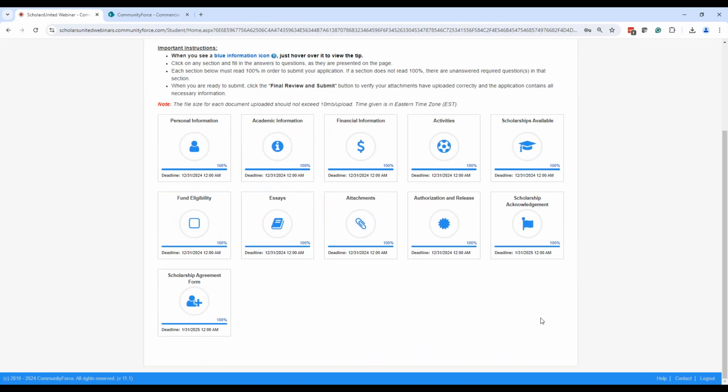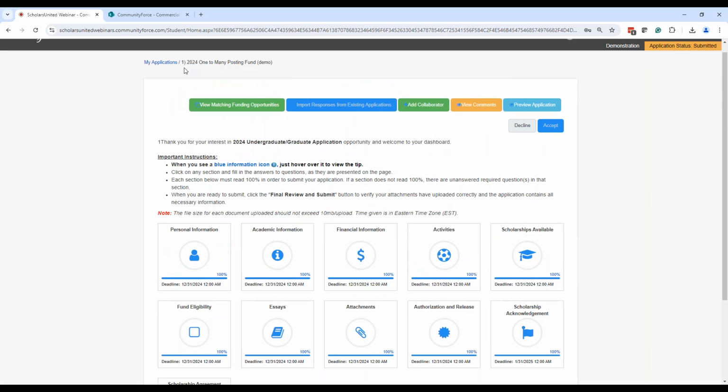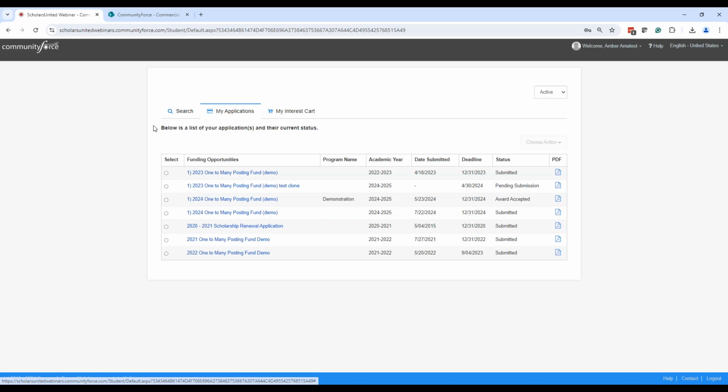It doesn't have any additional sections yet, but if she goes out, and remember I have all these turned on, I didn't unselect that little blue box, so they're turned on, but she's now going to see she's award accepted. You as the admin, you're going to see award accepted. And then once she sees this, since I have those other sections turned on, if she opens it up again,